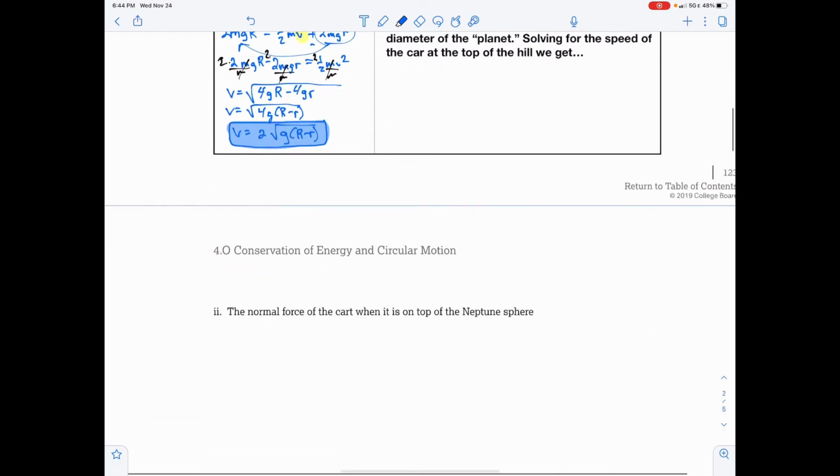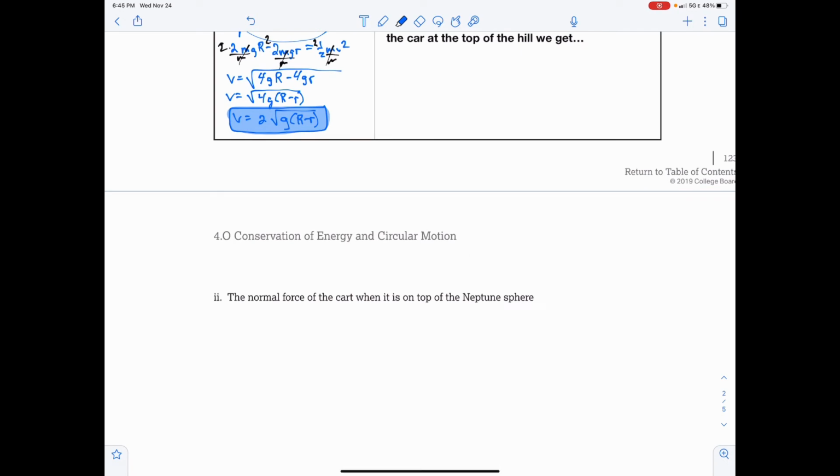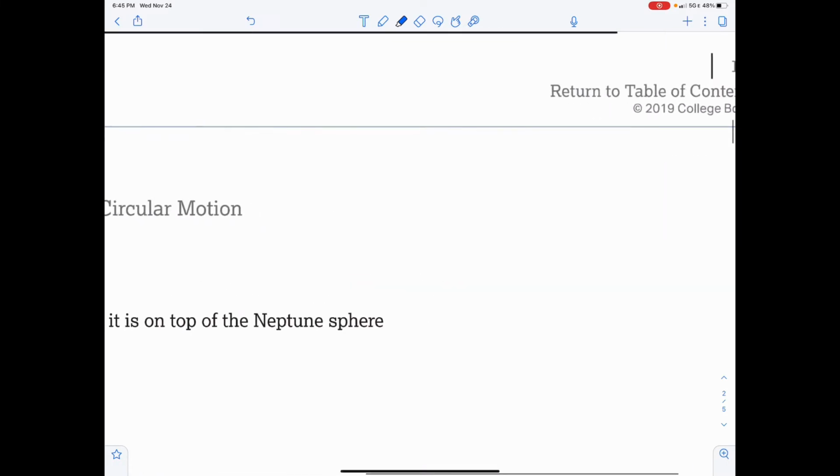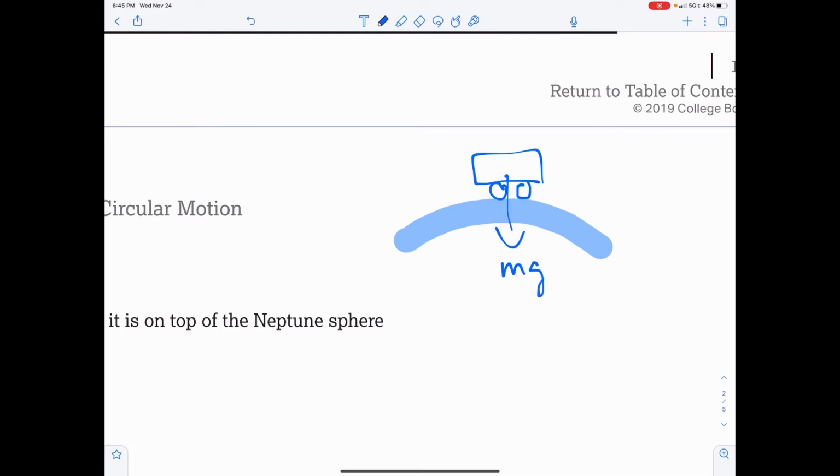Part A2, the normal force of the cart when it's on top of the Neptune sphere. So now we're looking at centripetal force, okay? So let's see what's going on here. At the top of the Neptune sphere, you've got the weight going down, and you've got the normal force